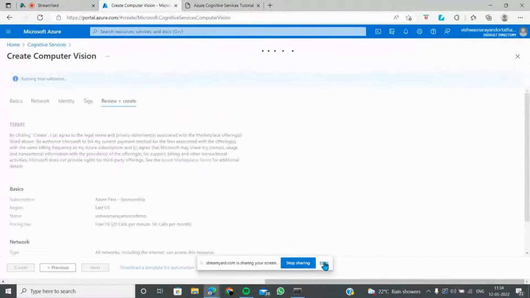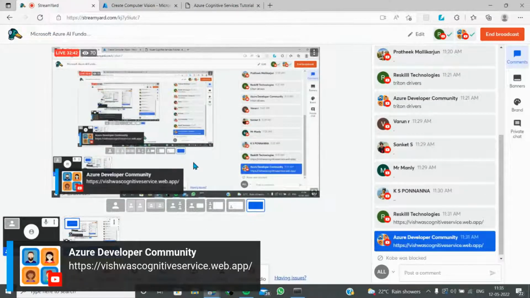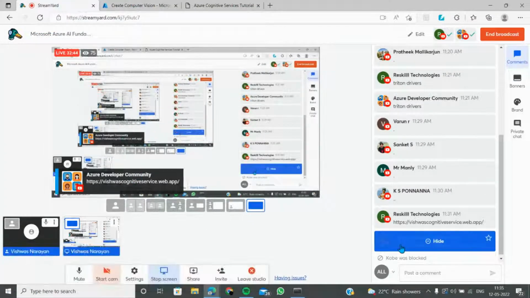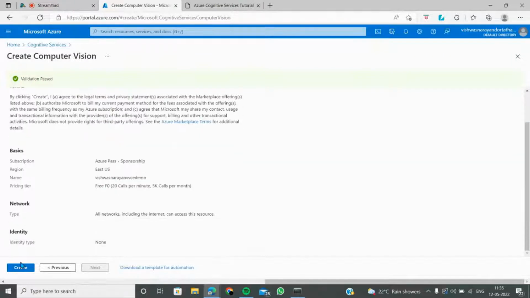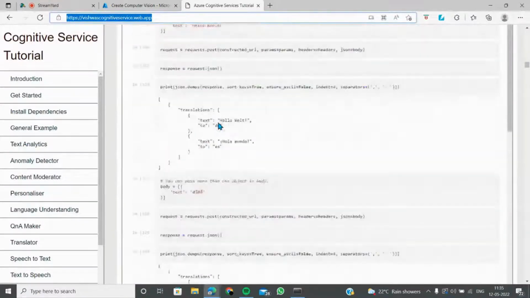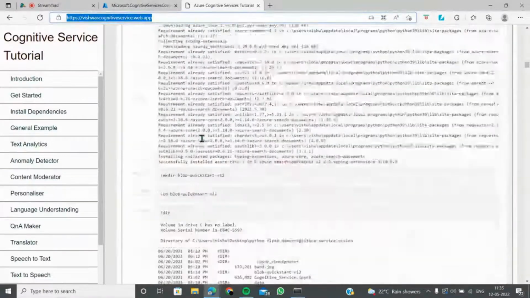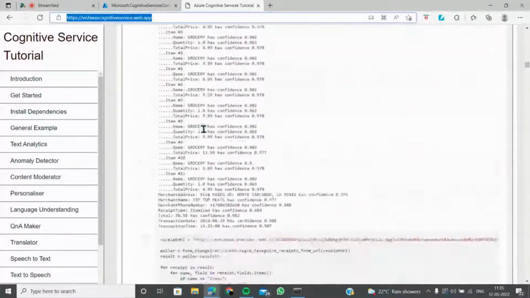You can create as many as you want, and you can go there and check this. Then we can start working towards it. So, validation passed. Of course, this will take time, so let's just create one and go on with it. I'll be showing you one service, but for most of the services, the way I will be accessing it will still be the same. You can go and check everything out here.